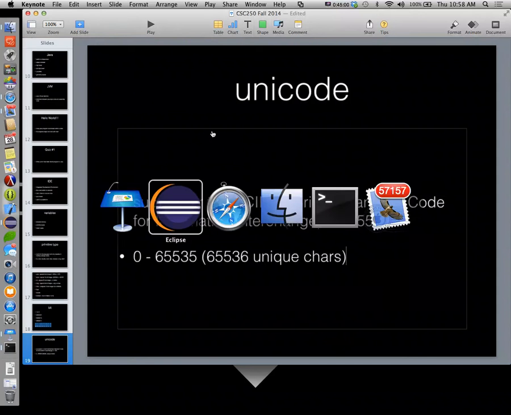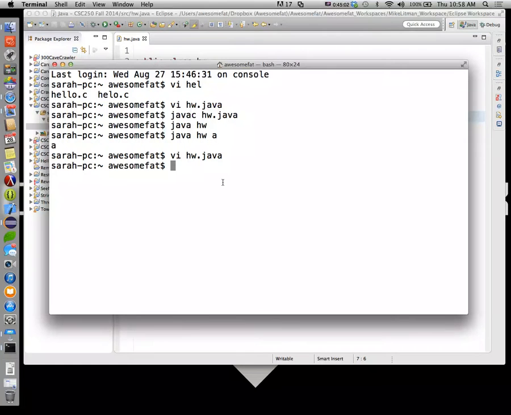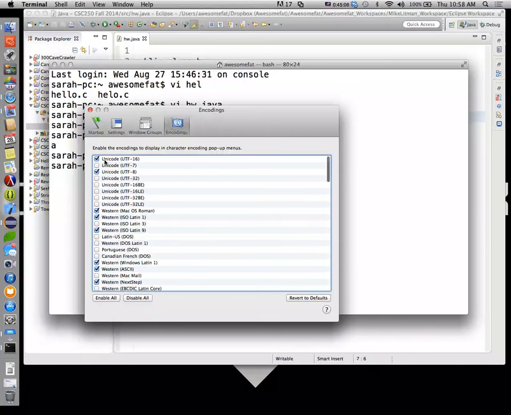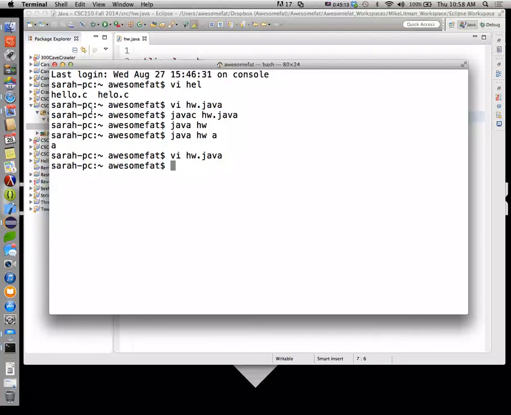Actually, here we can do a quick little experiment. Let me go to preferences. I think that should be good.